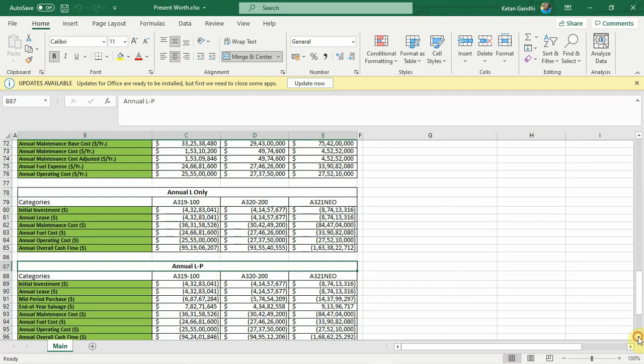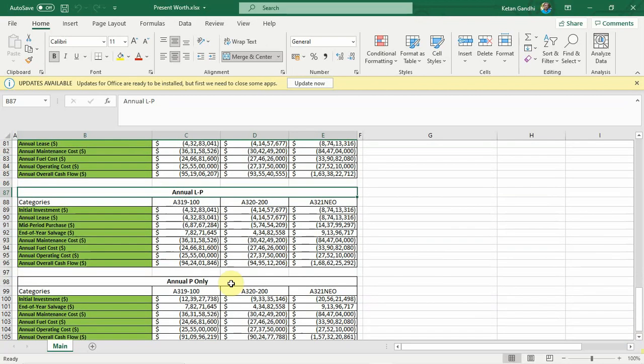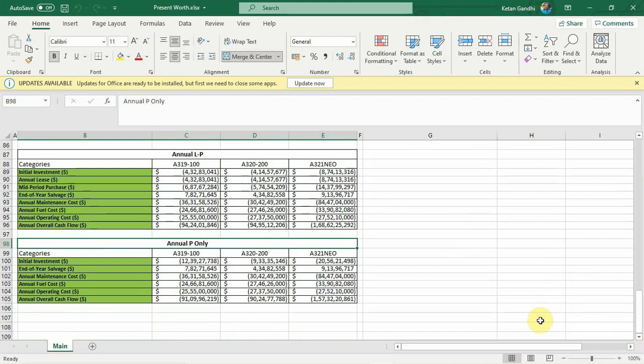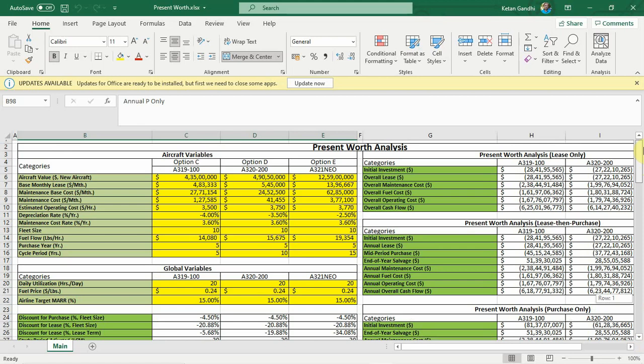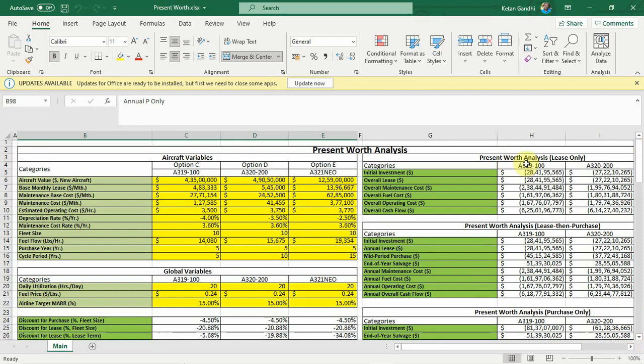And then we'll have a sub scenario of purchase only, annual purchase only. That will be based on the fixed term. First, the annual purchase is done on a fixed term basis, for the aircraft which has been purchased from the lessor. So these are the three sub scenarios, and then after that we'll be having the calculations of present worth analysis